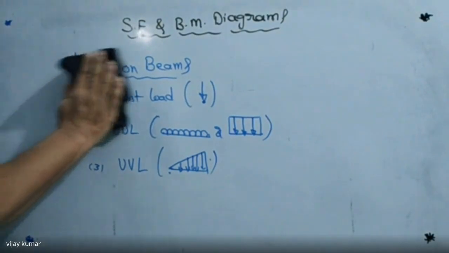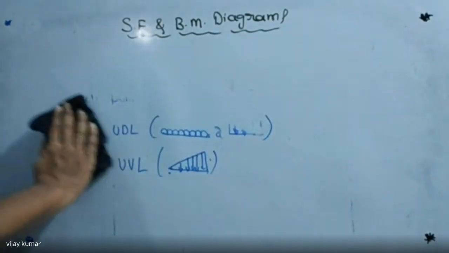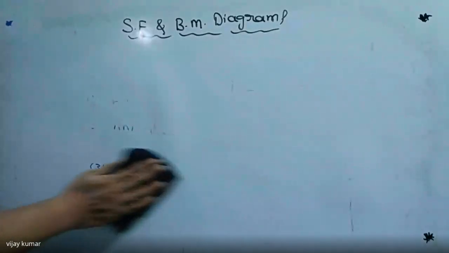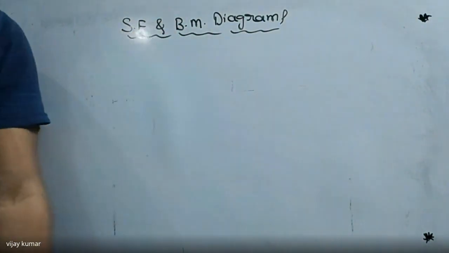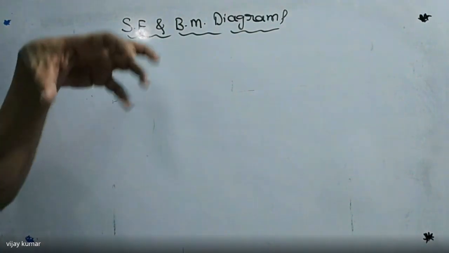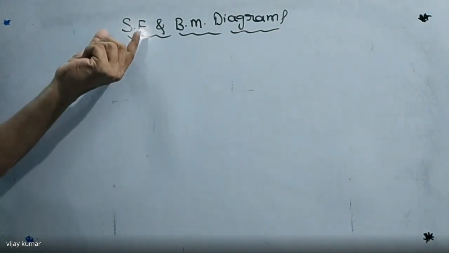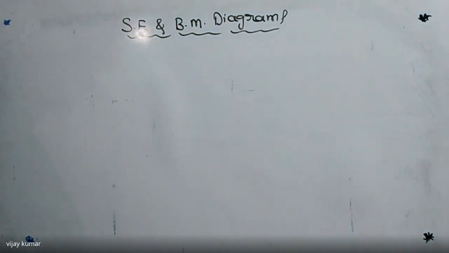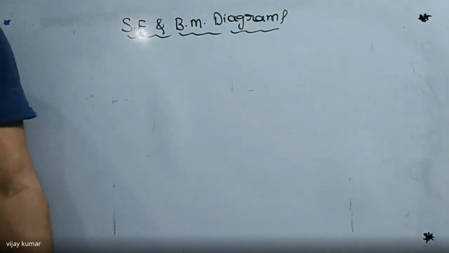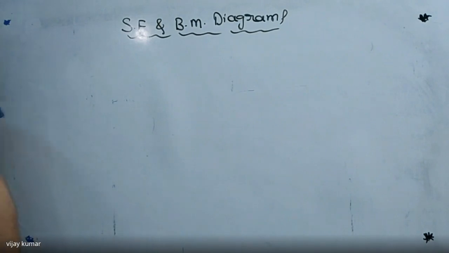After that, I'm going to explain the relation between shear force, bending moment and load. Without load, there is no shear force and no bending moment. Only by the application of an external force there must be a shear force and a bending moment, if you neglect the self weight of the beam. Did you get my point or not?